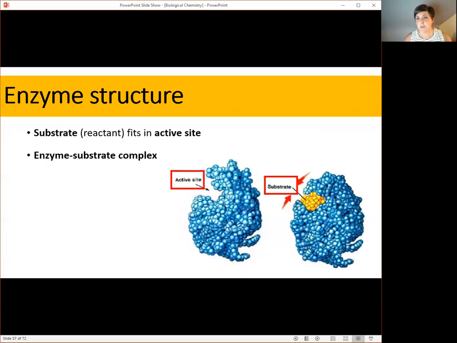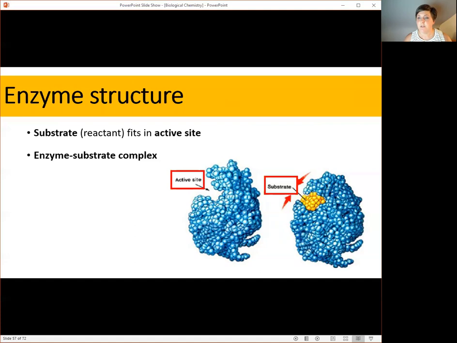This picture just demonstrates again how substrates fit in the active site of an enzyme. I like this picture though because I think it actually does a better job of accurately representing what an enzyme and its active site might look like in the three-dimensional structure of a protein. I know this is a protein because the individual blue circles represent the individual amino acids. So you can see the complex shape of the protein, which has arranged itself to create an active site for the substrate. When a substrate enters the active site of an enzyme, this is called an enzyme-substrate complex.